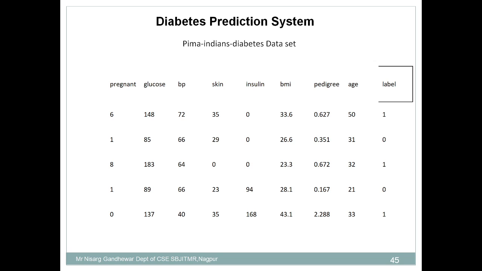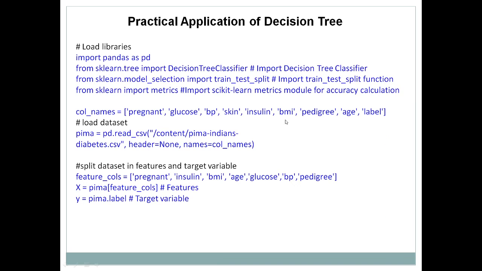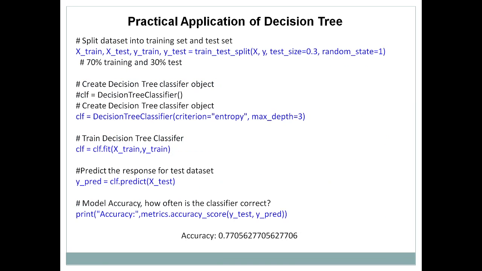That's why the label is called a dependent variable, and all these variables are called independent variables, because they are not dependent on any other attributes. So it's very important to identify which is the dependent variable and which is the independent variable in your given data set. So this is the code, but I will demonstrate it with the help of execution.